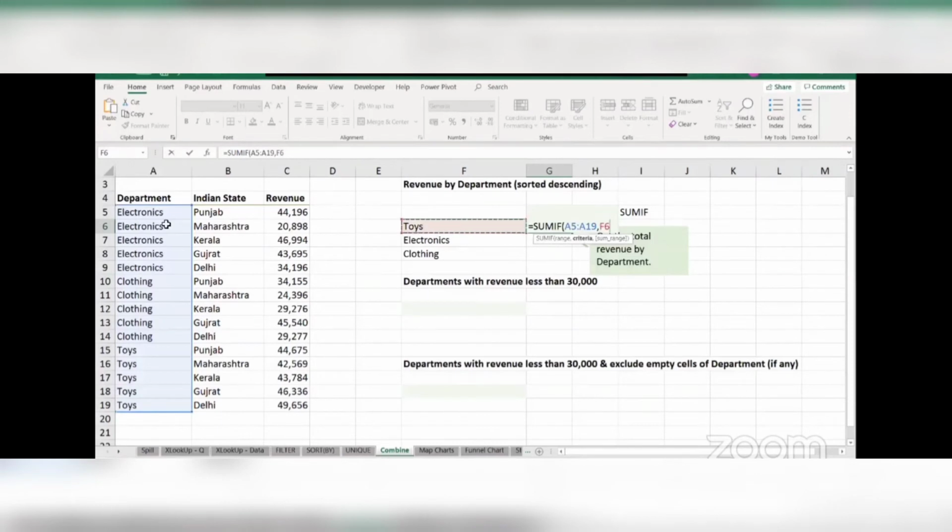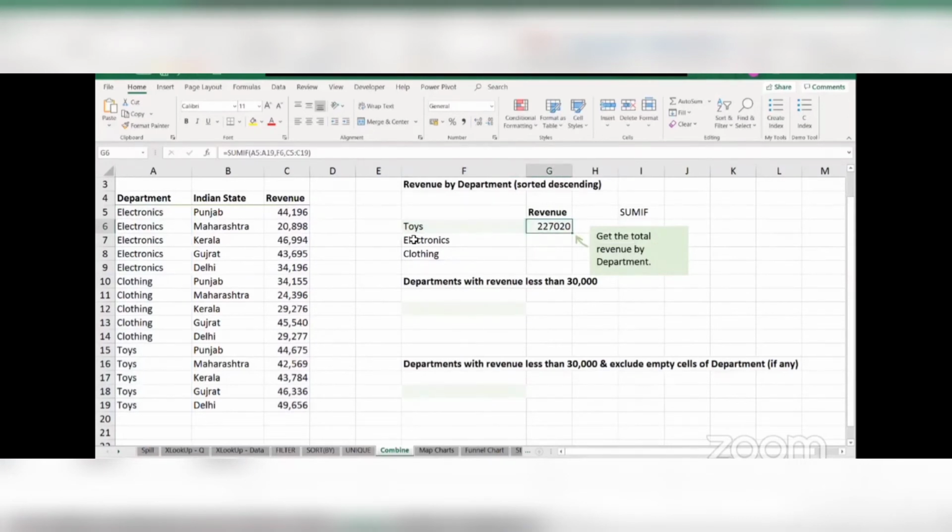So wherever we have toys in the department column, comma, I want to sum my revenue. So in the sum range, I will select my revenue. Here we are basically telling Excel to sum my revenue column if the department is toys. Bracket closed, enter, and we get the answer for our department of toys.